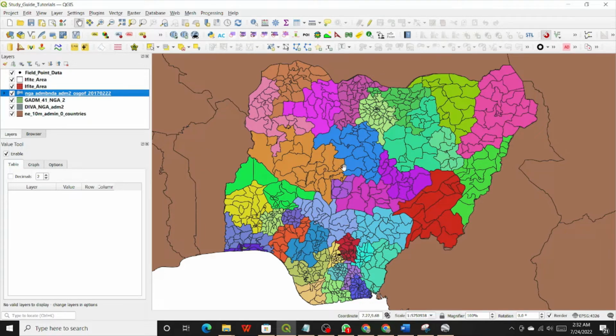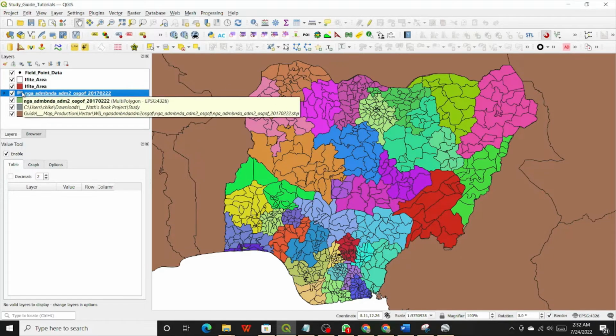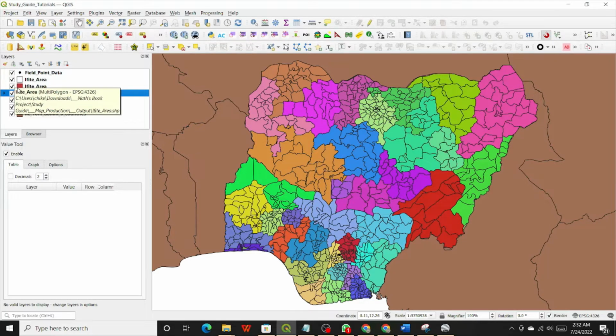What if you want to be able to give the names of each of the states? You might, if you want, even be able to label each of the local governments, but it might make the map very unclear. But something else you'll notice is that this used to be a square, and now it's suddenly irregular. This means that it's now reflecting the fact that you no longer have one block, but you have different